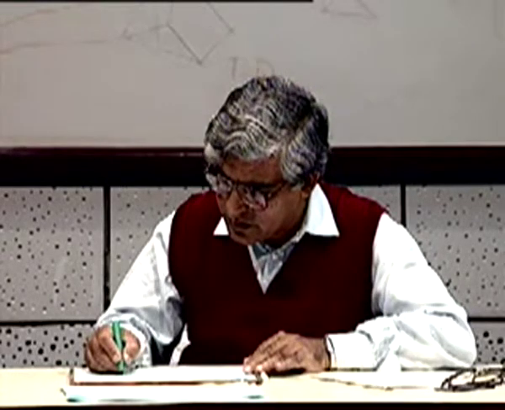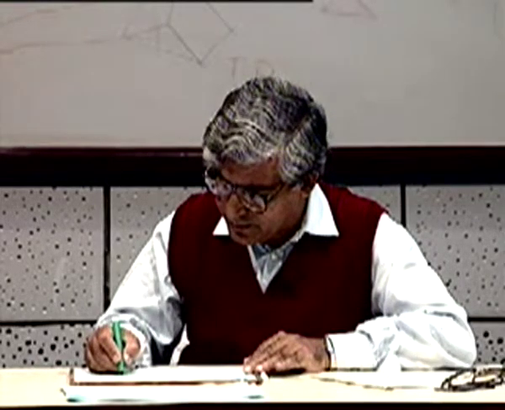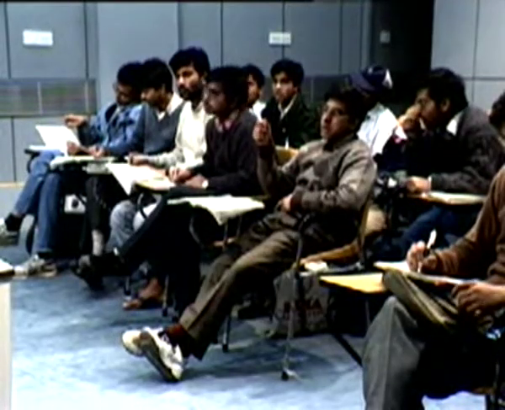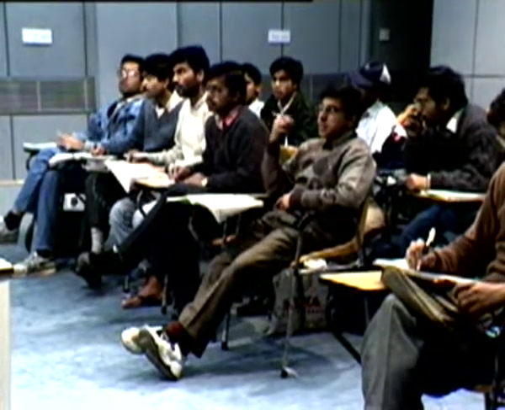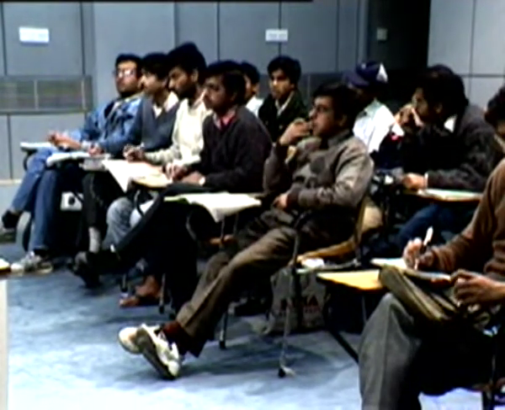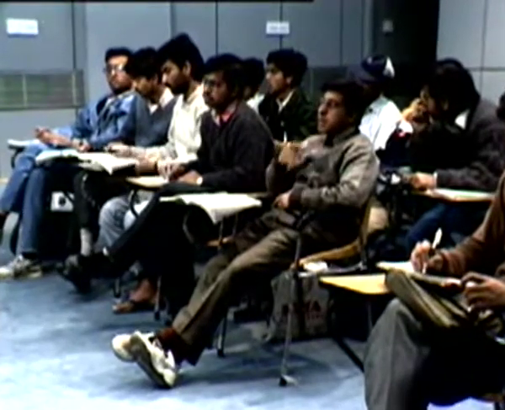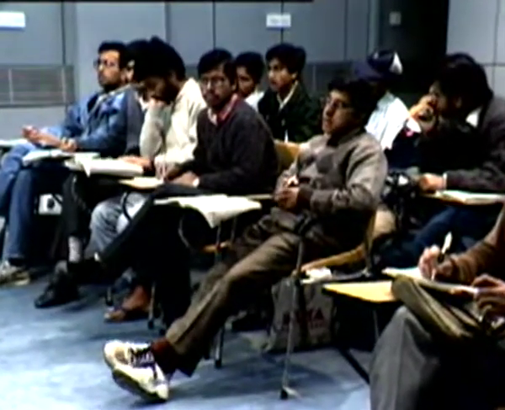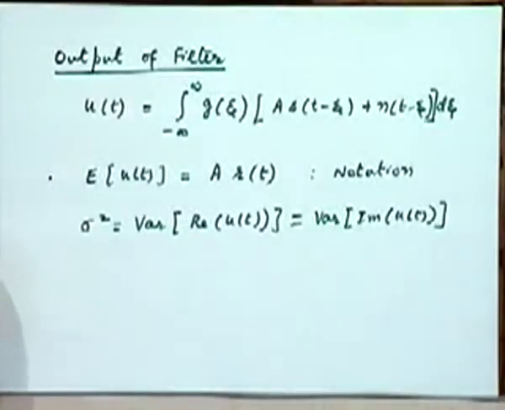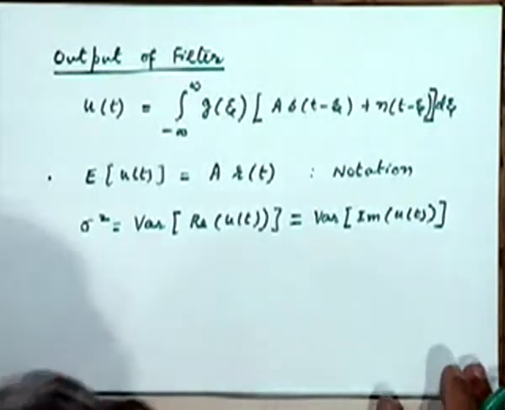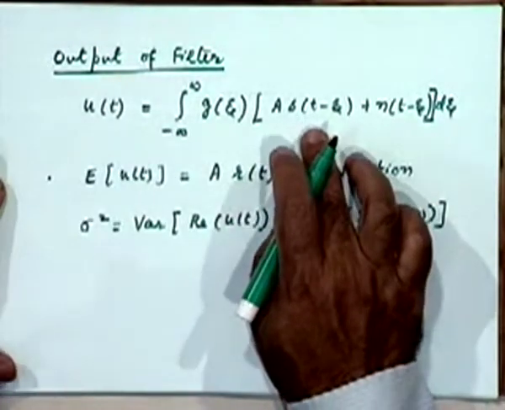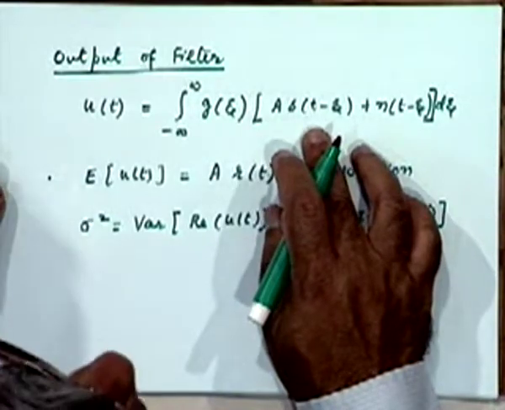So because the signal, the imaginary part of signal may not be equal to the real part, so we cannot say. As far as the variances are concerned, it doesn't matter. So how do you say that they are identical variances? They may not necessarily have identical. Okay, it's more or less obvious.